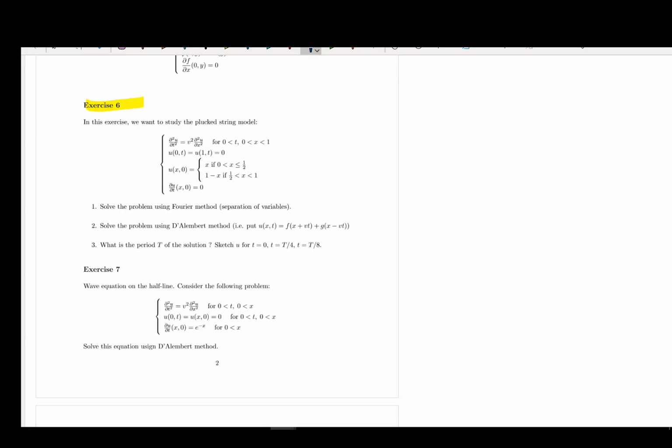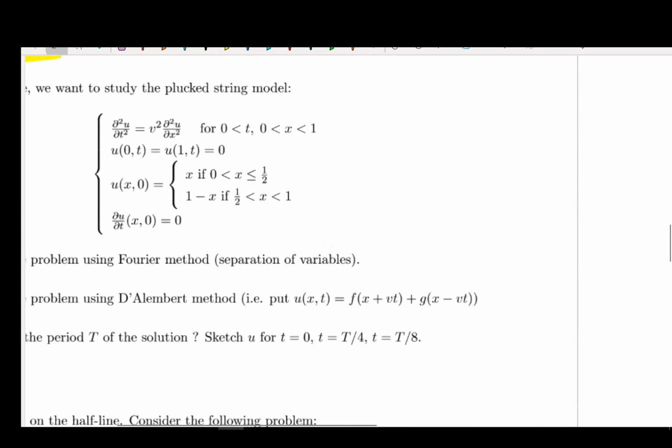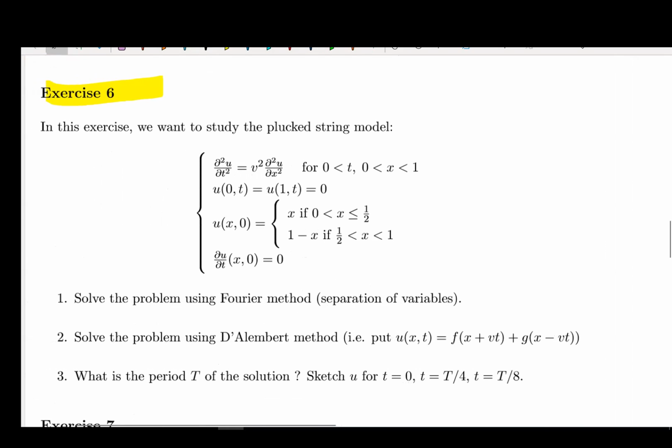So we've got this equation. That's just the second derivative in time is equal to v square times the second derivative in the x direction. We assume that x is between 0 and 1, so we've got something like 0, 1 for the x variable. So the string is held at both ends. Okay, so u is showing you the displacement of the string, so it's going to be held at both ends,